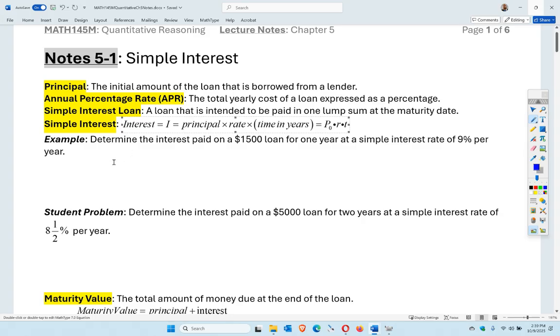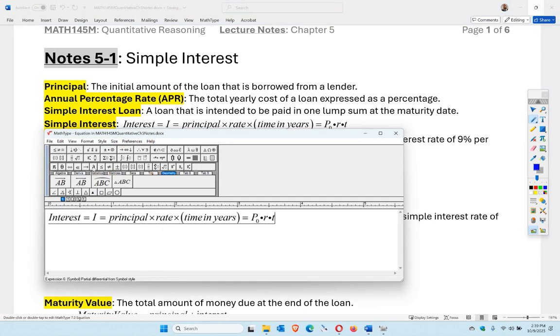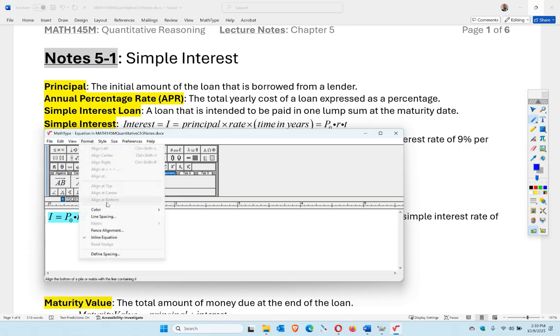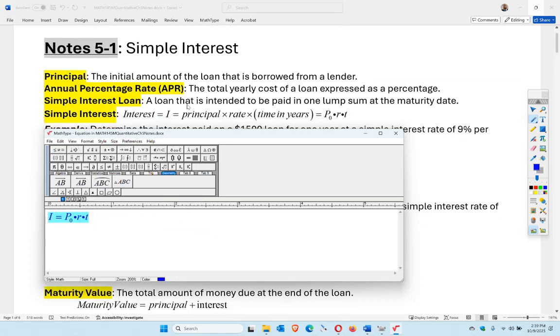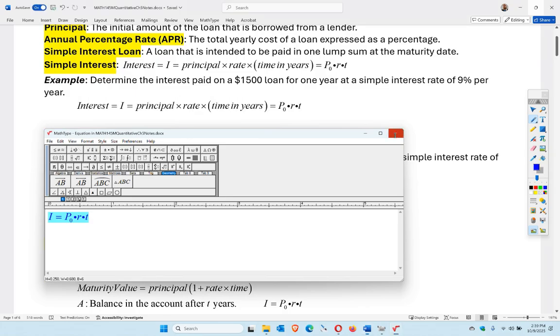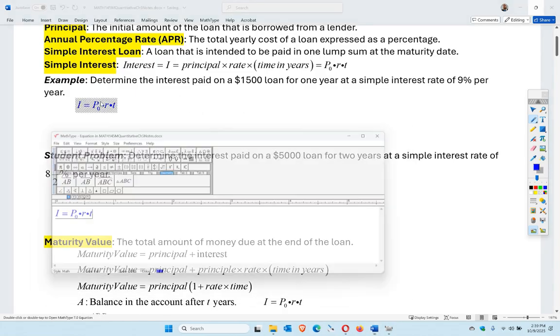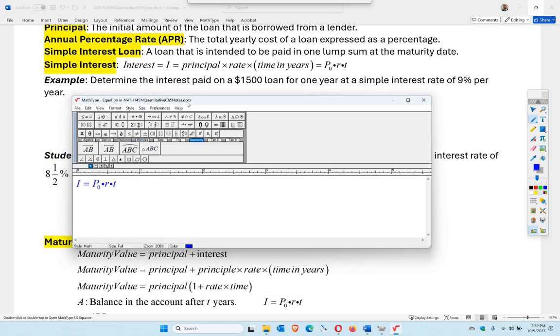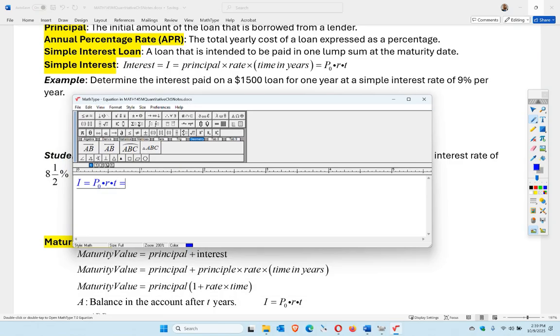Okay, so I'm going to cheat here. I'm going to copy this and delete all the stuff except the letters just to kind of save some room here. Okay, make this blue, format, color, blue. Okay, that's good. All right, so this particular problem says we have a $1,500 loan, and it says we are